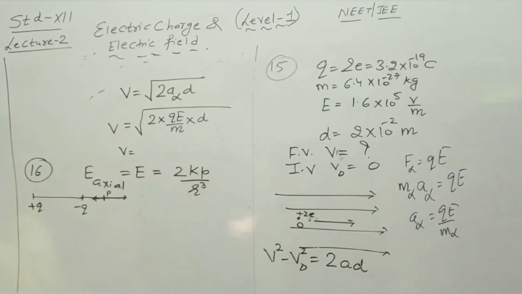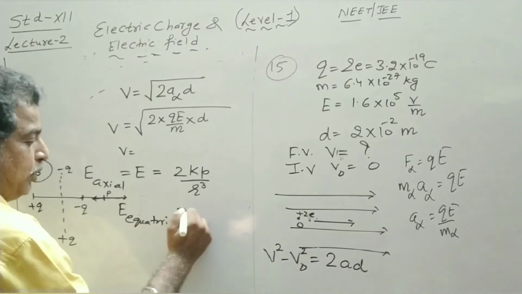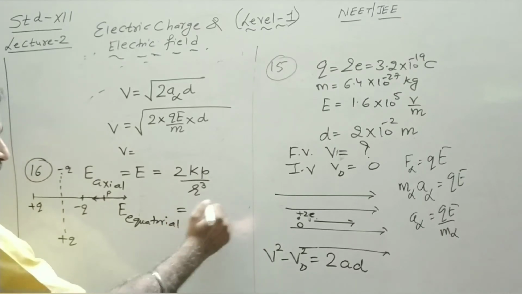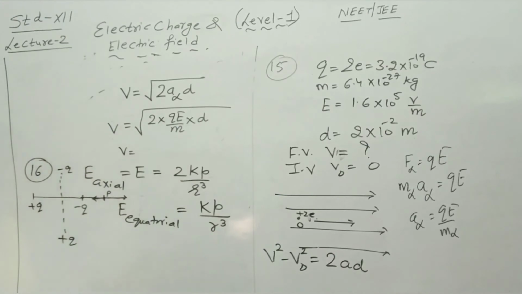This is its magnitude. Now it is given that the dipole is rotated through an angle of 90 degrees about its perpendicular axis. Now the dipole is rotating. So the new position of the dipole becomes minus q plus q. It means now this point becomes an equatorial point. So E equatorial, in vector form, was minus kp upon r cube. For magnitude, it is kp upon r cube. What is the electric field intensity at the same point?